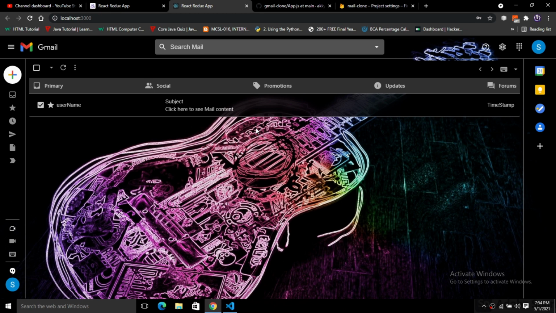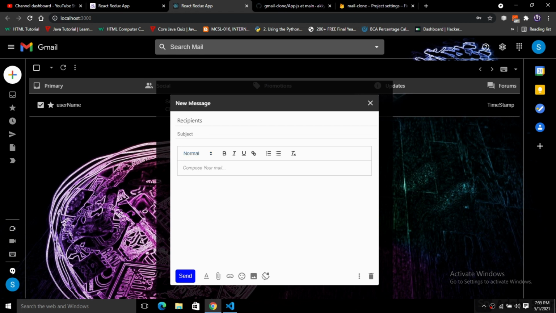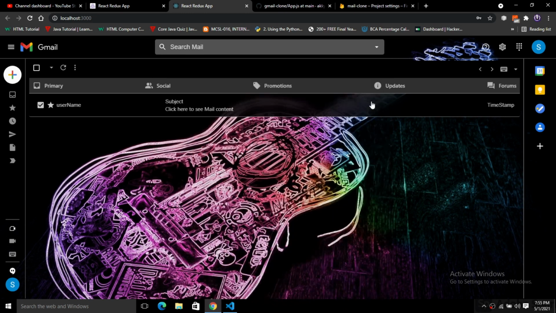In the next part we will see how we will push the message or simply send the mail directly to a different user. We already have a UI for sending the message. You can see here we have this pop-up to send the message. We have the recipient, we have the subject, and we can simply format our message and send this. When we click on send, it is simply stored in the Firebase backend, and the same message will be rendered on the screen here, right? So we will add this functionality in the next part.